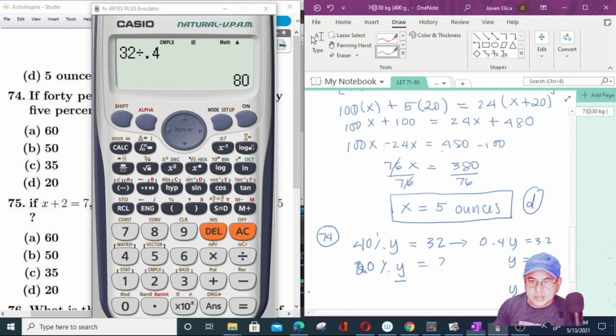So this is 80. Therefore, if the value of y is 80, we can now solve